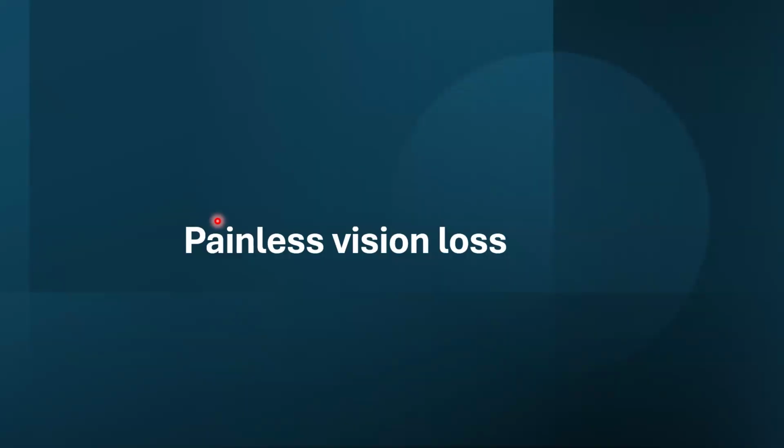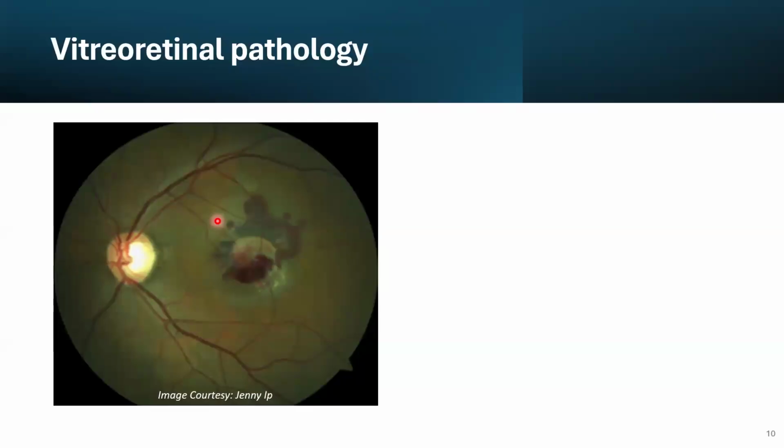We'll start with painless visual loss. You need to examine the patient thoroughly from the cornea until the retina to look for any pathology explaining the visual loss. So if you're a neurologist, probably you need to ask your ophthalmology colleague to come and examine the patient. I remember one of the patients with multiple sclerosis came to the emergency room with acute visual loss. The patient was not examined by ophthalmology. However, the patient was examined by neurology